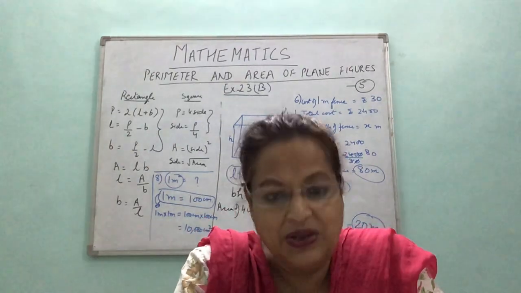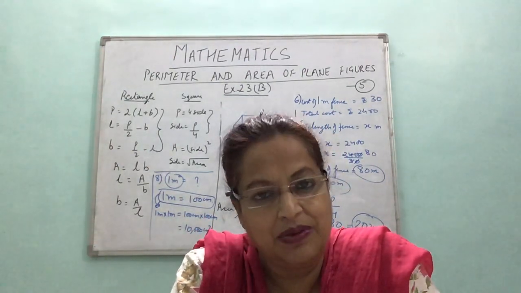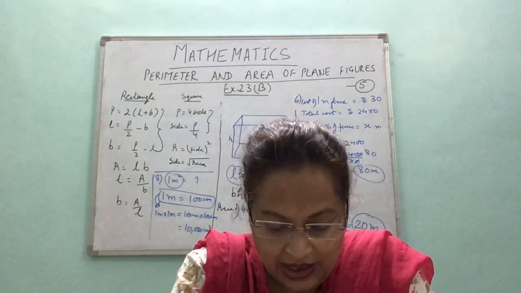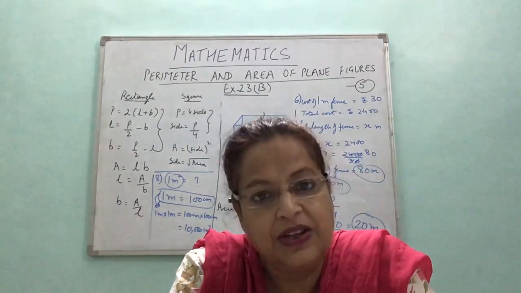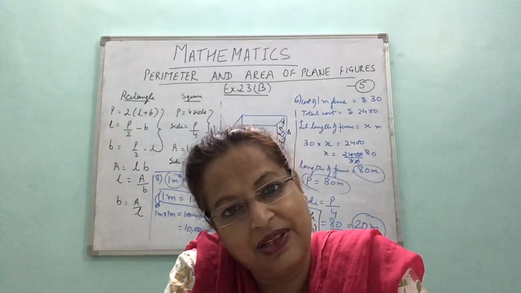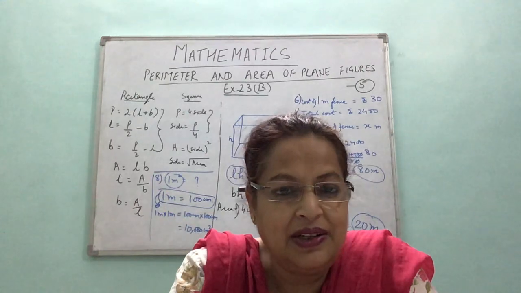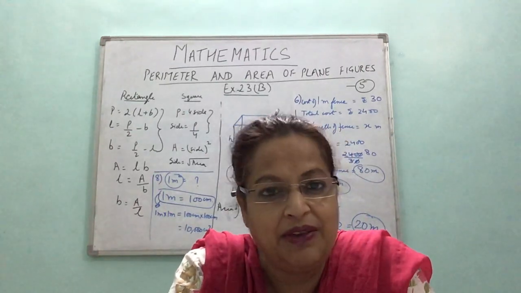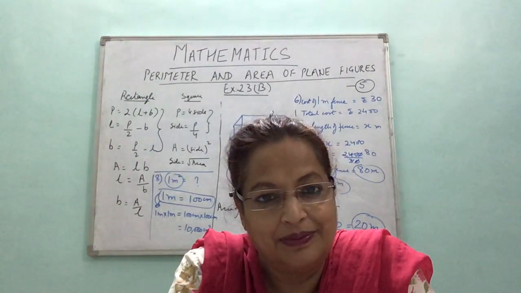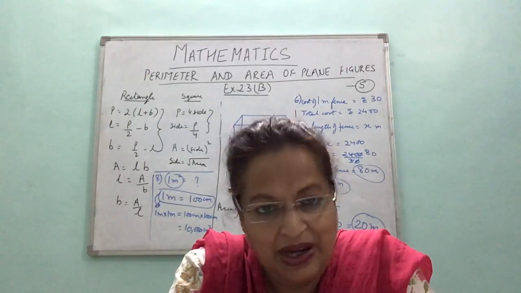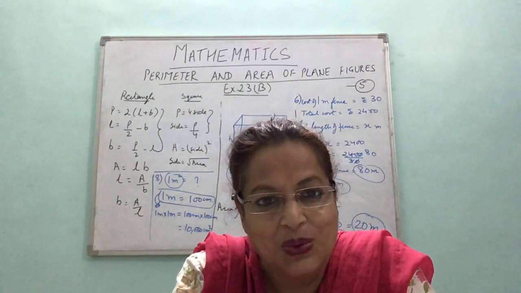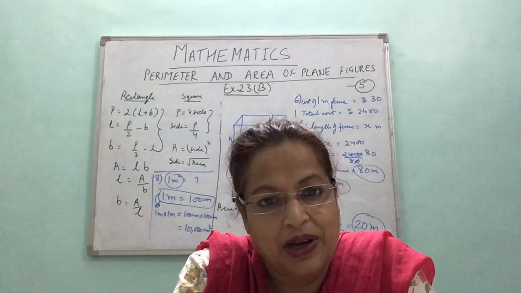Now, for the ratio question, children, the ratio chapter is not done, but it would be more clear to you once the ratio chapter is done. After this, the ratio chapter itself would be done. So, the sides of the rectangle are in the ratio 4:3. That means length is 4 parts and width is 3 parts. So, total how many parts are there? 7 parts. Length and breadth, if we add up, it is 7 parts. So, we can divide it orally. If I have to do mentally, I have to divide 108 by 2. That would be giving us the sum of length and breadth, right? Because 2 times length plus breadth. So it is 54, and 54.